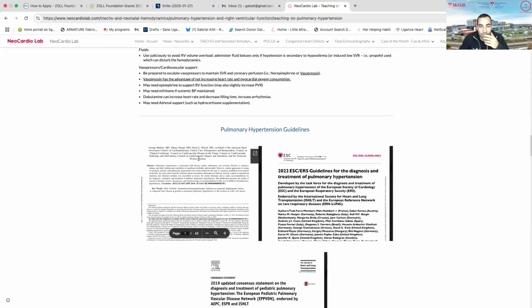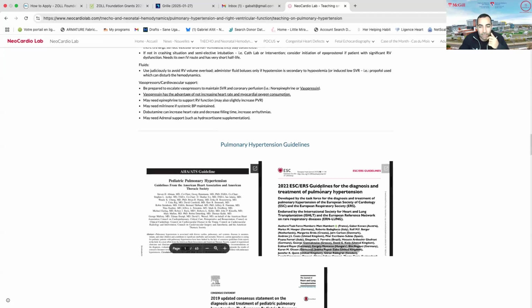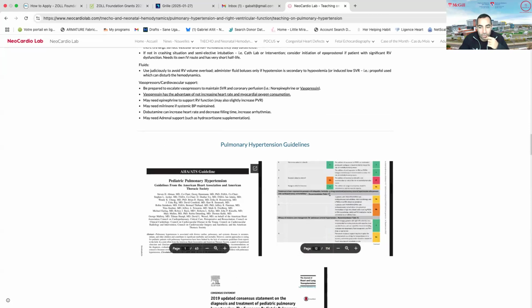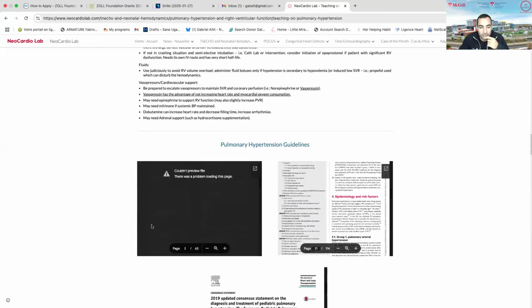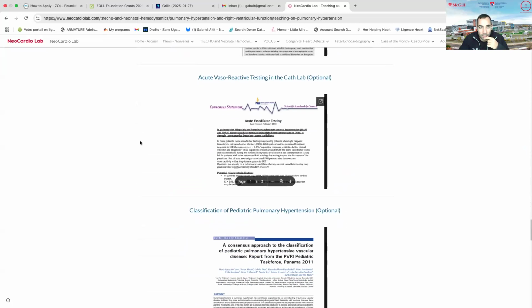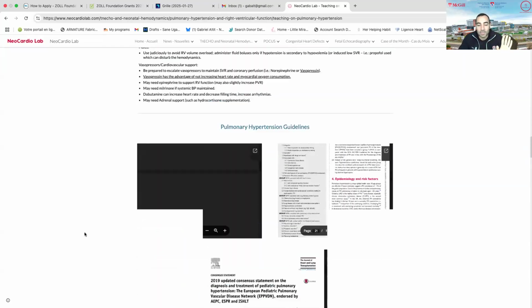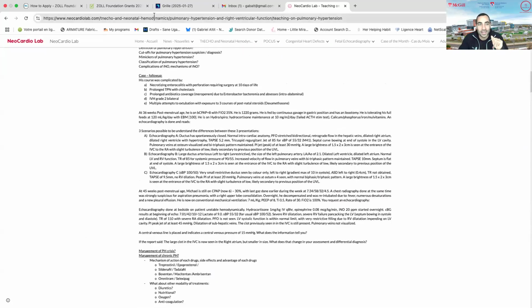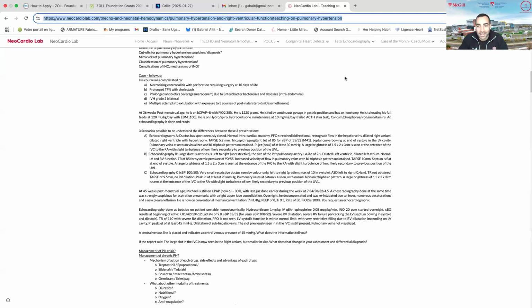Then there are the guidelines from the American Heart Association and the European Society, which have a lot of the tables I've shown you with some of these definitions. And there are other articles that may be of interest regarding PH, acute vasoreactive testing, and pediatric pulmonary hypertension classification. As I said, PH can be a whole fellowship, but hopefully you get enough resources to review the core concepts. But I'm more than happy to come back and do